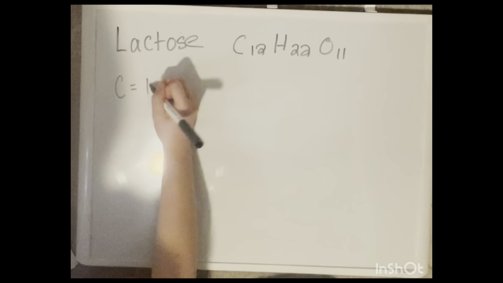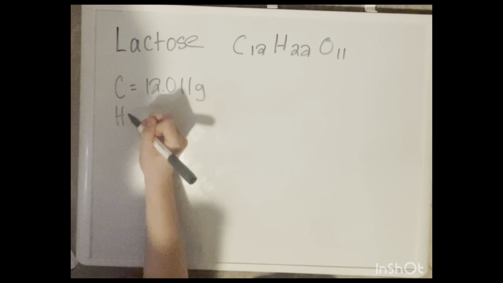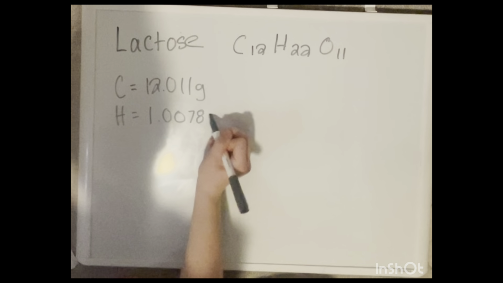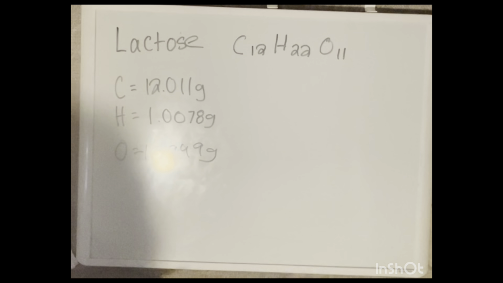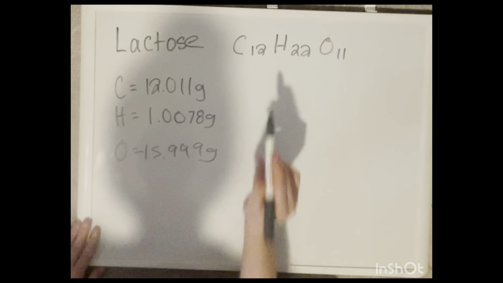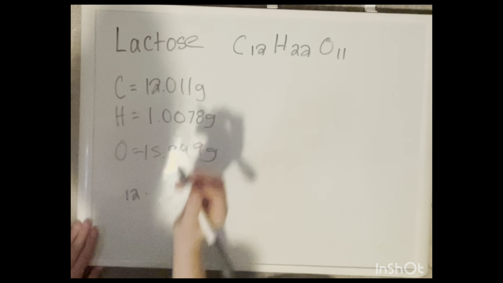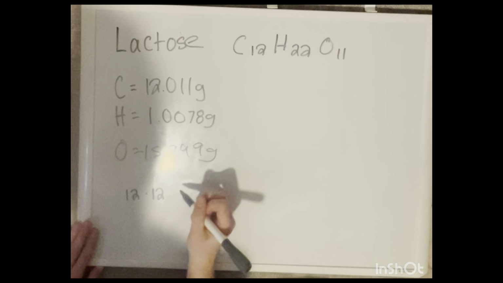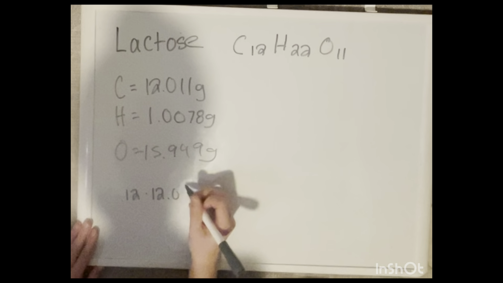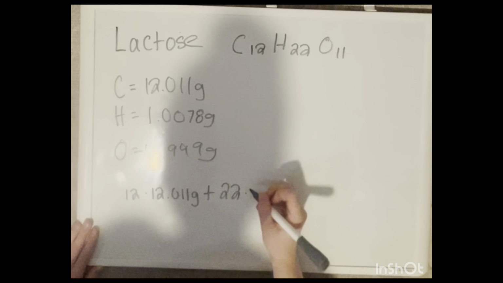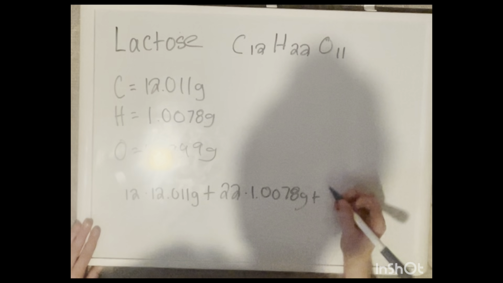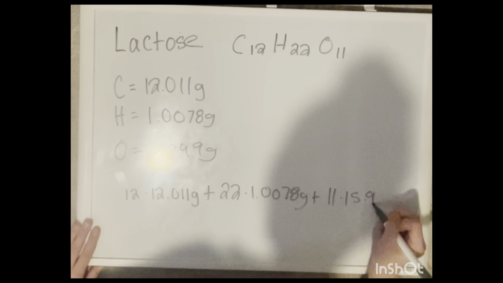From there, we are going to write the atomic mass of each of our elements. So C, we know from the last problem, and H and O are the same as the last problem, so we already have these amounts. From here, we want to calculate the molecular mass for the formula altogether, because we're going to need that in our calculations later. So we take our 12 times the atomic mass, 12.011 grams, plus 22 times 1.0078 grams, plus 11 times 15.999 grams,